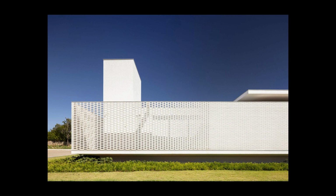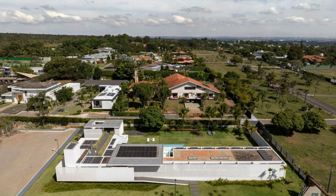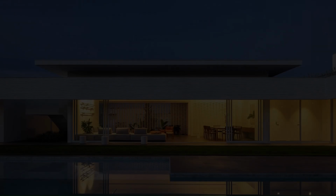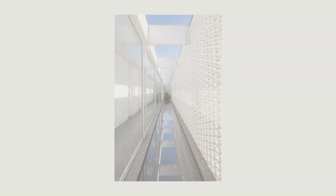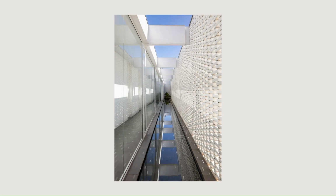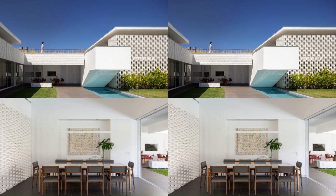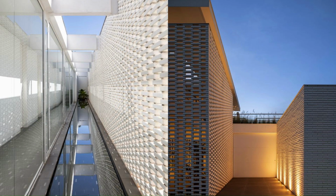Built on a residential complex in the Lago Sul region of Brasilia, the White Bricks House program was distributed around the perimeter of the plot so that all the main rooms of the house could face the central area, with a large green area and a semi-Olympic lap pool. Therefore, the bedrooms, living rooms, verandas, kitchen, and even the garage were directed towards the large garden environment that functions